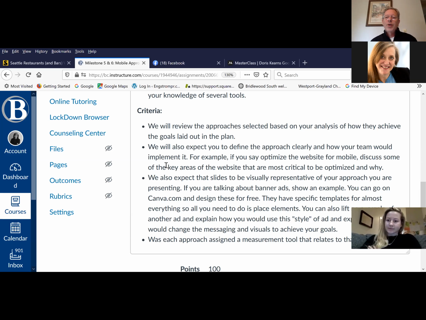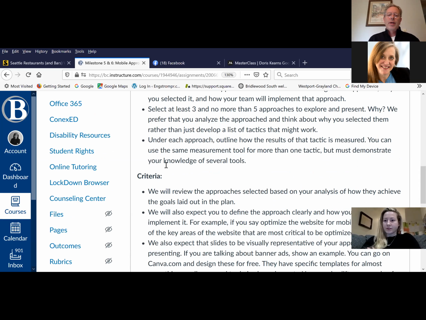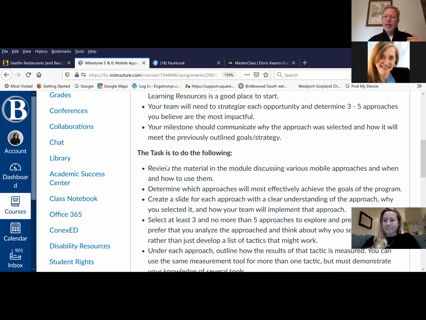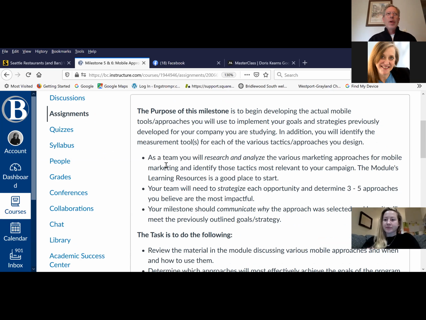Yeah, so actually I want to go back. I think Maddie had a really good question, about whether or not you need to include everything again in each part. Like Cheryl said, it's kind of up to you, but I think it's actually good to say, just have in our research, we discovered this, like a sentence, just so it shows that tie-in, and then remind us of what your objectives and your strategy are, and then the majority of your presentation or your slides would be based on these tactics.